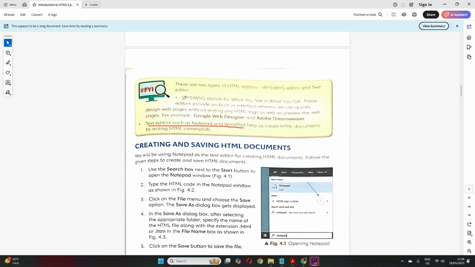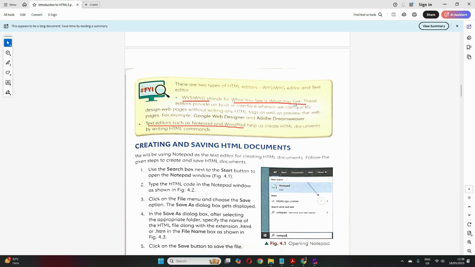Another HTML editor is WYSIWYG. What does this mean? What you see is what you get. So these editors provide a built-in interface wherein you can quickly design web pages. You don't have to write the entire HTML code, right? For example, like you have used Scratch in your previous classes, right?